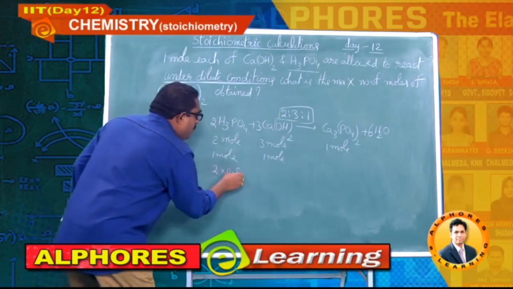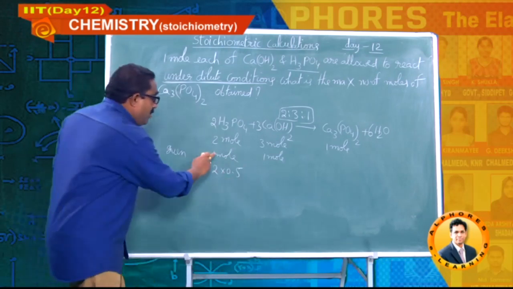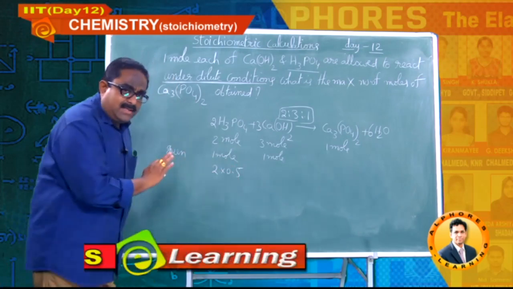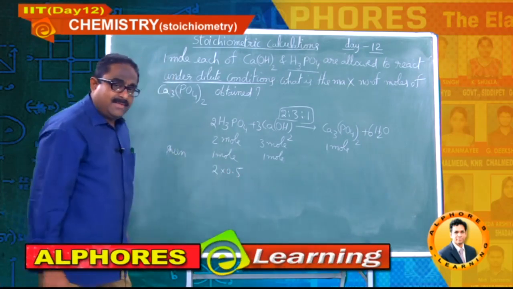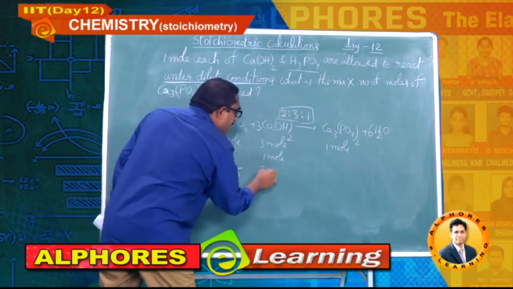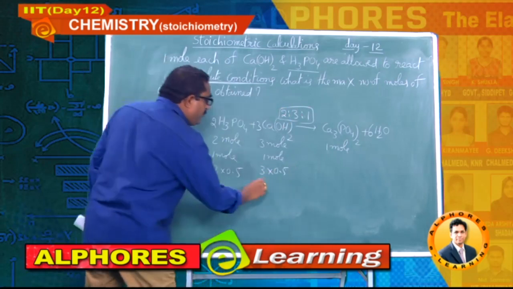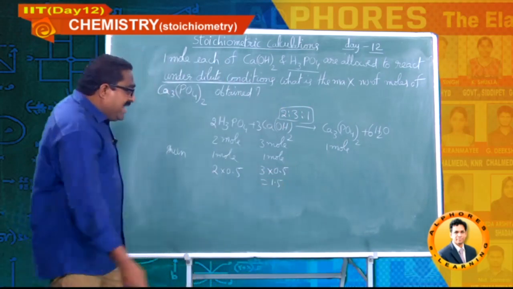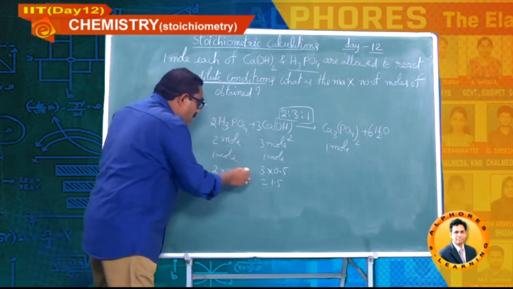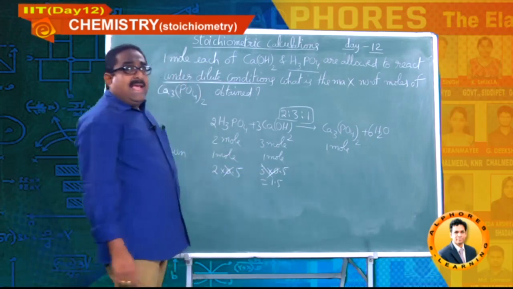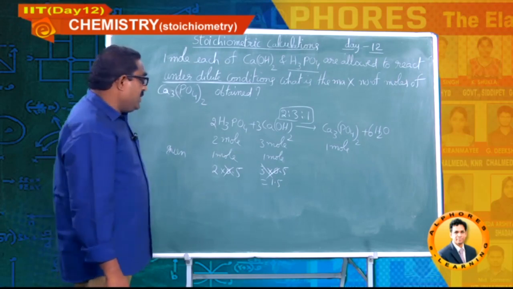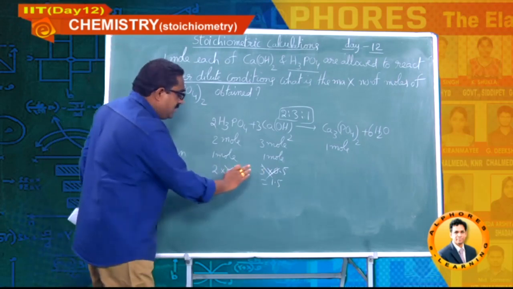2 into 0.5. 1 mole I make it as 2 into 0.5. I did not change any given value, given condition. I just made an adjustment. If it is 2, this should be 3, 2 is to 3. Here requirement is 3 into 0.5. 3 into 0.5 means how much, students? 1.5. Is it there? No, no. So this type of approach is not possible. You are not supposed to go like this. Okay, students?